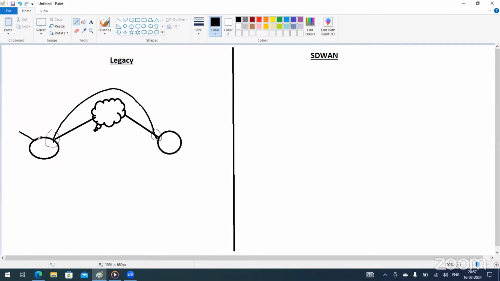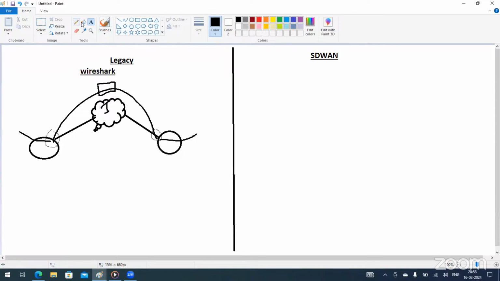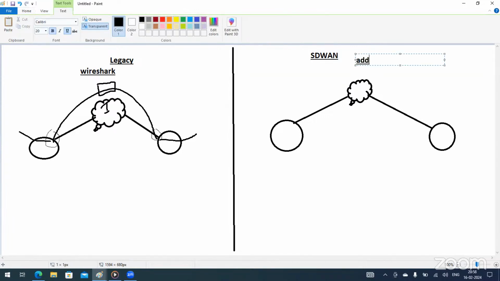If I'm sending any traffic from R1 to R2, then anybody sitting at ISP can look at the traffic type. What are the packets using Wireshark, right? If I do a PCAP here, I can open Wireshark and I can see the traffic type. But with SD-WAN, what happens? In similar scenario, 2 routers connected via public internet again, they have additional security